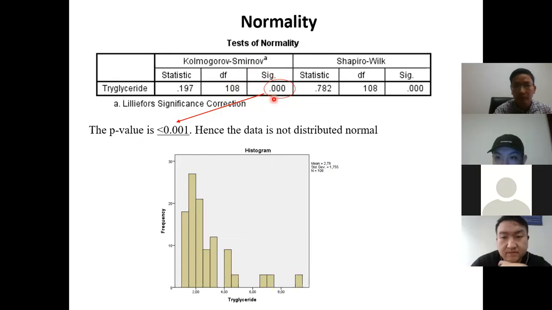Remember, when SPSS reports 0.000, you interpret it as less than 0.001. Don't say 0. It's a truncated value. It could have been 0.000758. So 3 decimals,